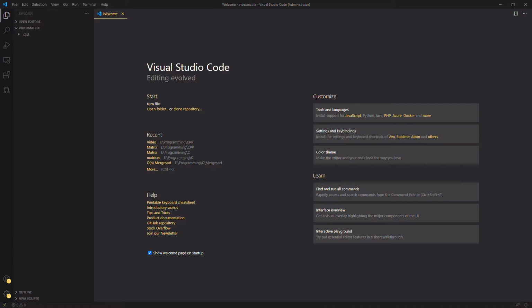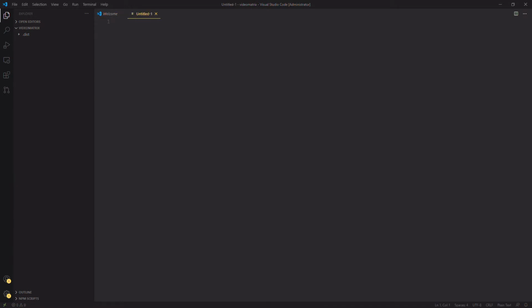So let's start by creating a new file, and we're going to name this matrix.h. Matrix.h means it's a header file, which is where we're going to declare our matrix class but not define it. We define it in a separate file. This is good practice. You don't usually want to define everything